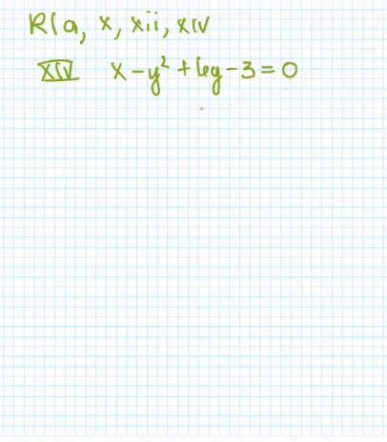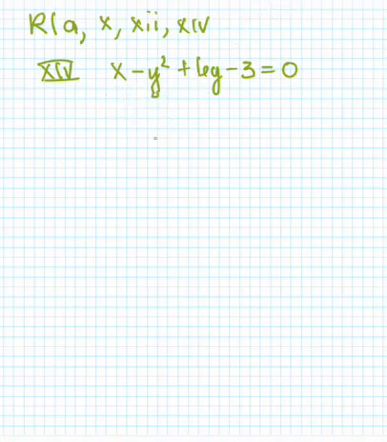Looking at this one, I'm thinking it's a parabola. It could be a hyperbola. No, it can't. It's got to be a parabola because look, the x is linear. You see? It's not squared. The only square term I have here is the y squared. So I'm definitely dealing with a